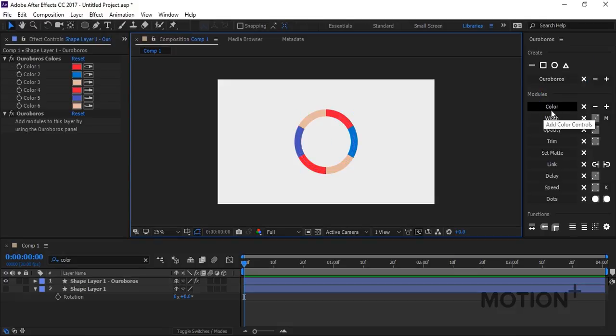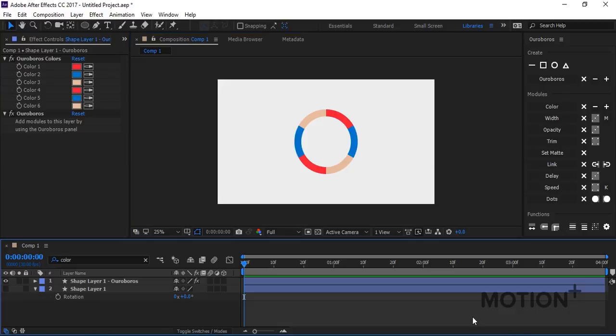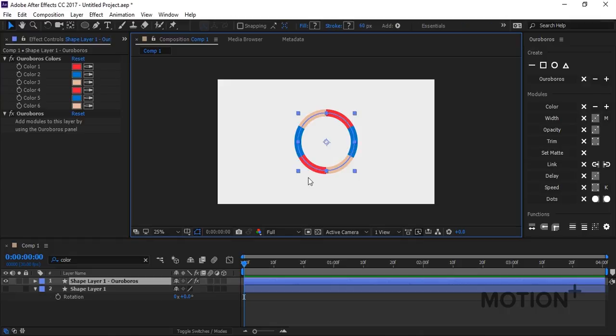Yeah, and that was the color module. Now let's talk about the width module here. In this circle I have multiple strokes, and I want to change the strokes of each one of